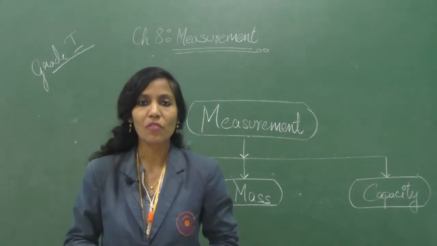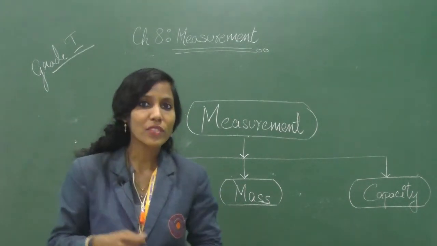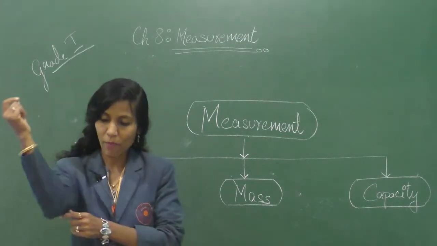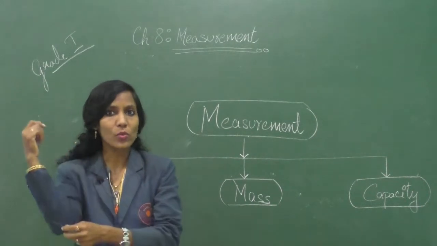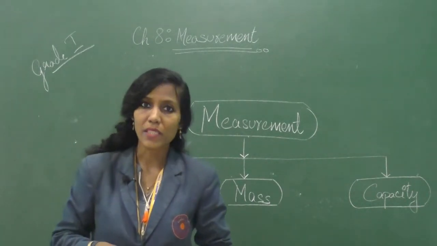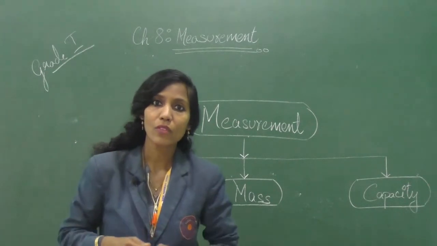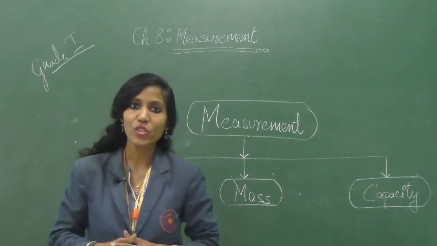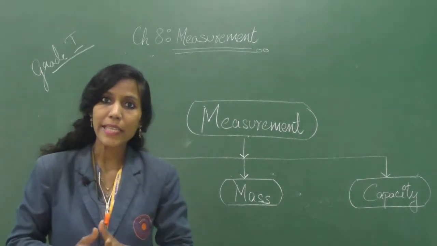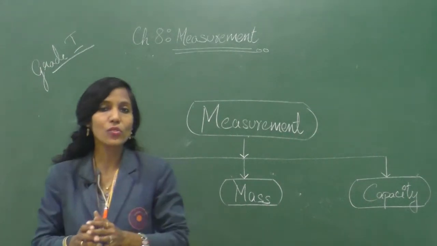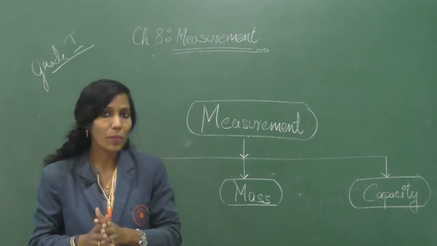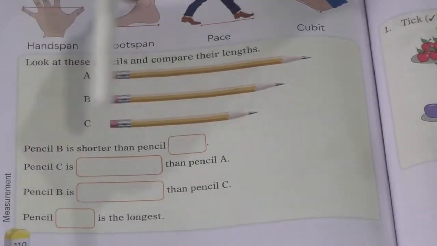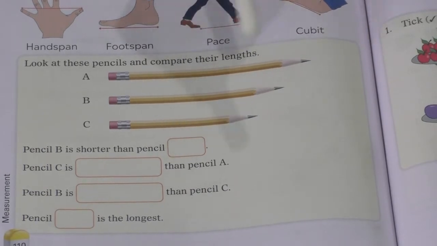Now there is another way of measuring distance, that is called cubit. We have seen flower vendors, how do they sell flowers? So they measure it like this, that is the cubit way, and then they sell on the basis of how many cubits they have made or taken. So these are the different ways how we can measure distance or length without actually using the proper units that are required. At page number 110, we have another exercise related to measurement.